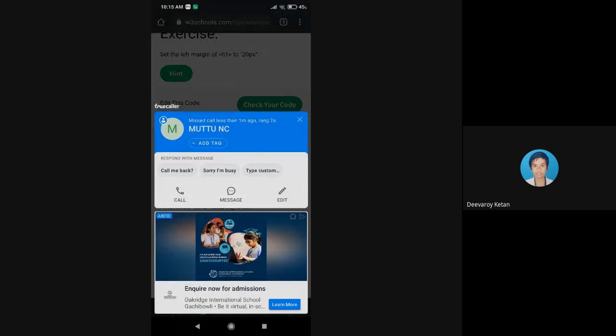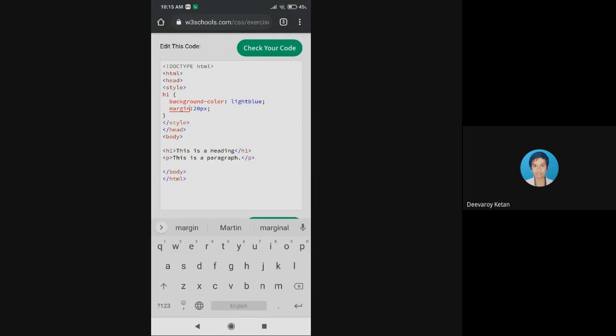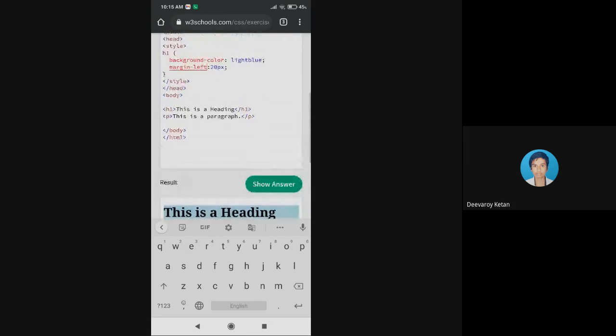So if you want a left side margin, normally we would say margin is equal to 20 pixel. In order to do that, I'll say margin hyphen left, and we'll see the output for this.